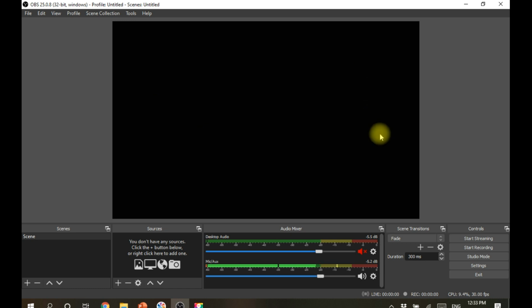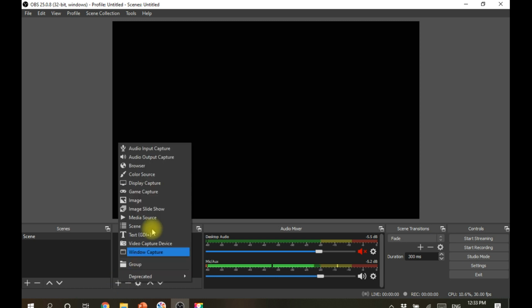Now we want to insert the screen. For that, click the plus under Sources, where you can add this many items. Audio input capture is the default and it is sensing here.